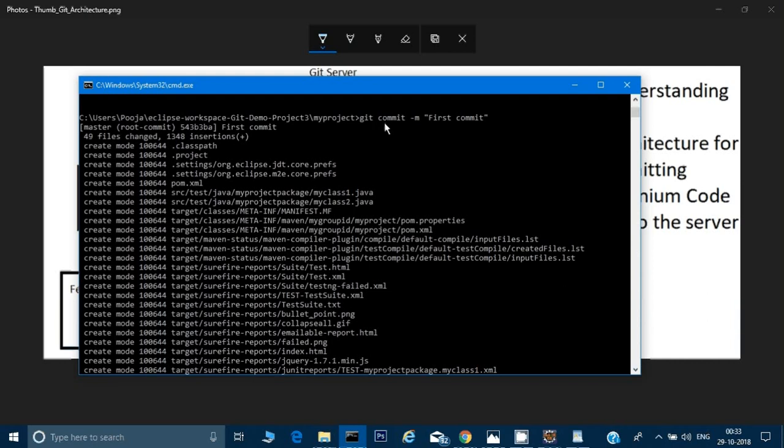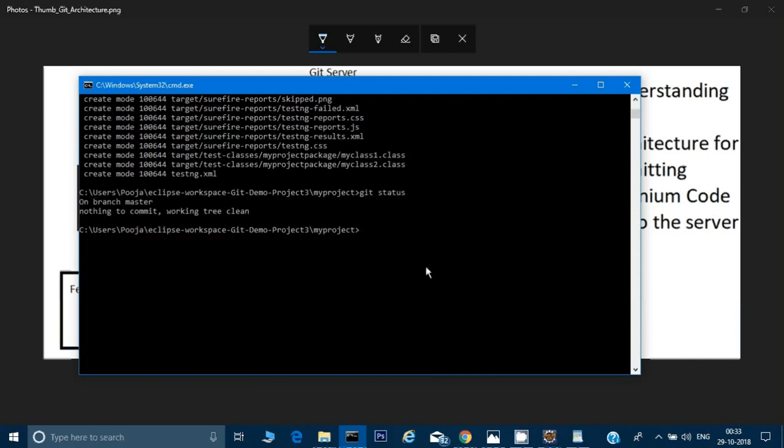All right. So if it asks for the email address, give your email address and give your name, which will be only one time. So if it asks for your email address, you have to type a command. You can just write down that command also. It will be something like